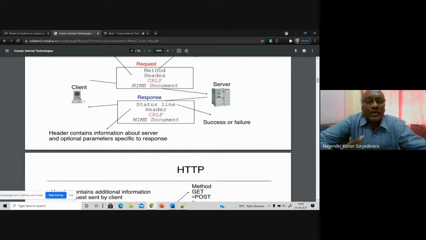It can be a text file, or any other data format such as a JSON file or XML file, or a multimedia, audio, video or image file. That kind of information you can specify. Then you have control characters, carriage return and line feed.